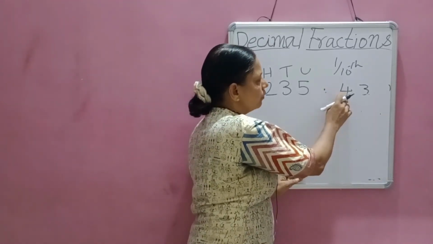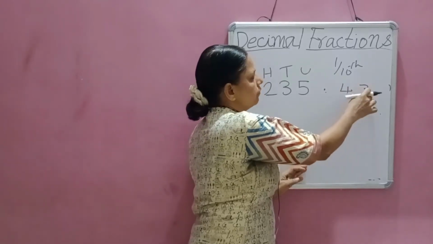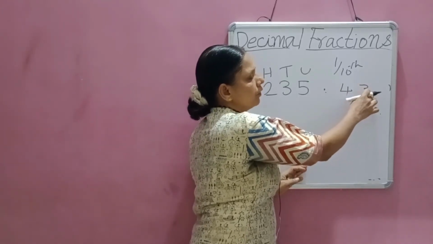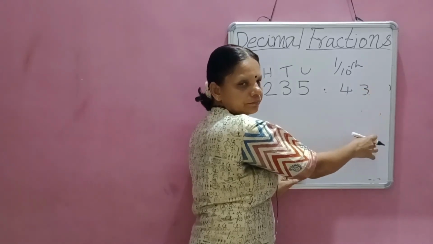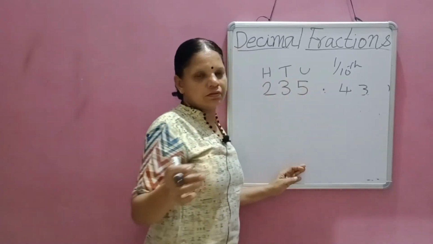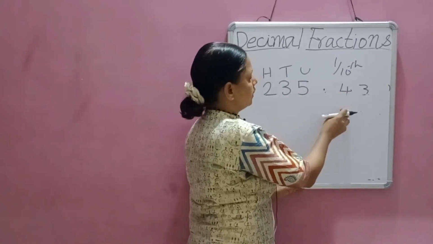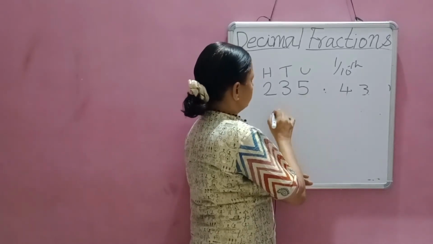Now what is the value of 4? 4 upon 10. What is the value of 3? 3 upon 100. Clear now? That is the meaning of decimal numbers. So how will you write it as a fraction? This is equal to